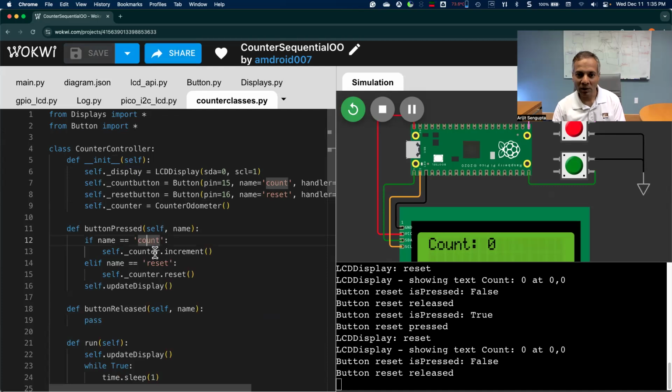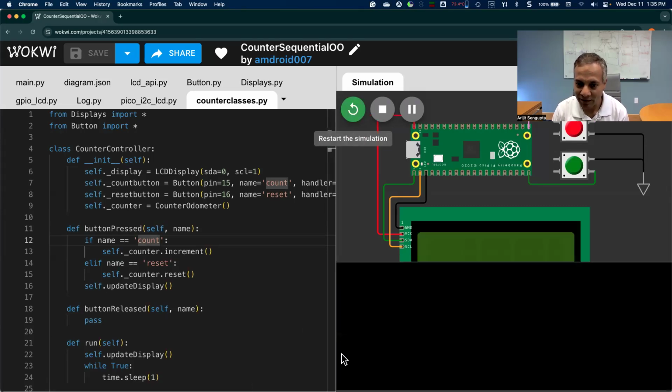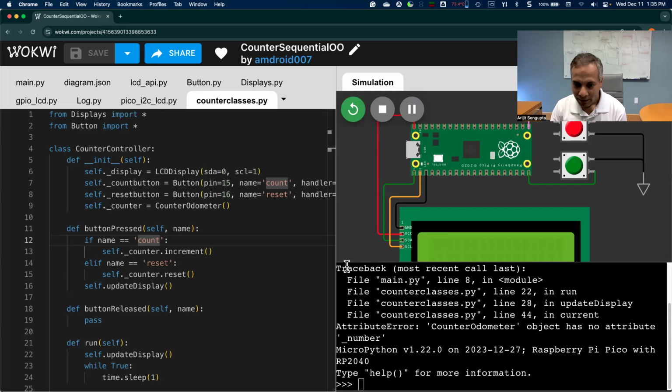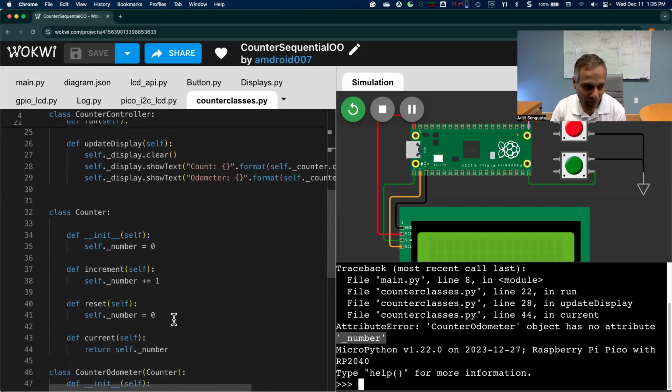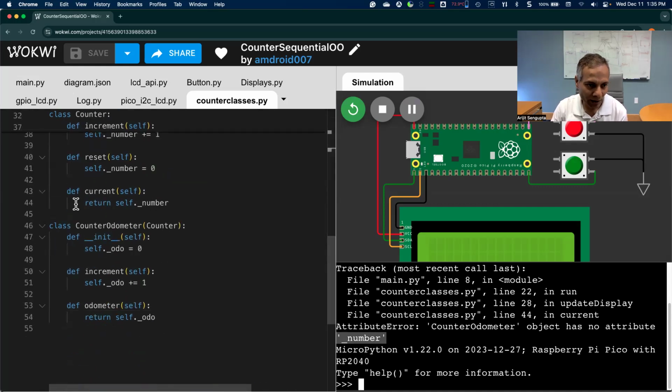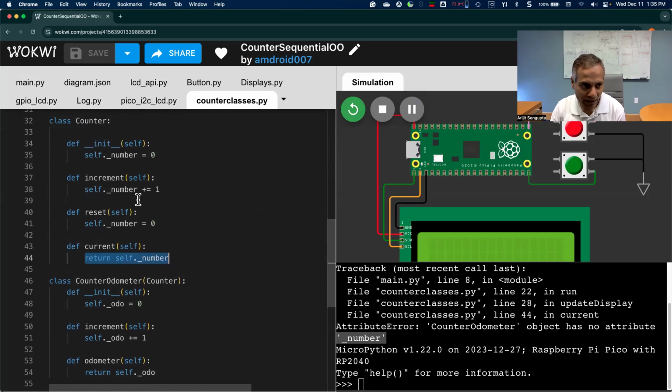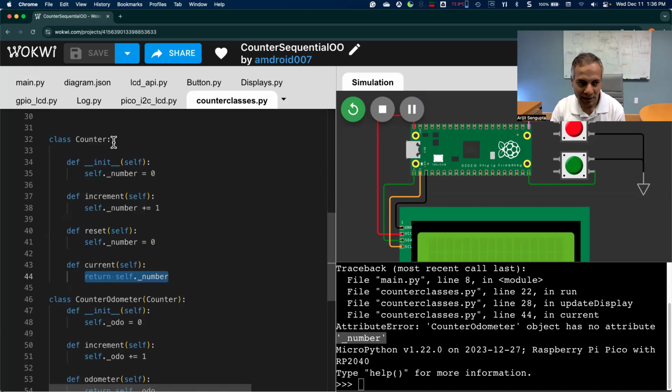Now you will see this will have a few problems, and we will explain and solve those problems as we run into them. So I'm going to try to run this. And the first problem we get is that line 44 is saying counter odometer object has no attribute number. Well, let's look at line 44. What it's trying to do is return self.number. Notice that this is not in the counter odometer class, it's in the counter class, but it's saying counter odometer object has no attribute number because